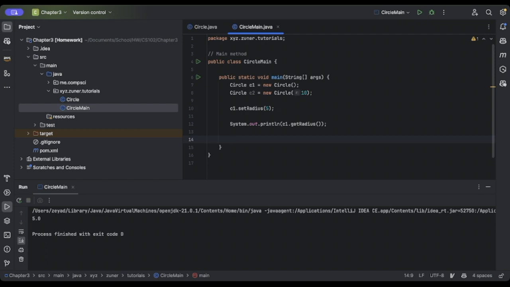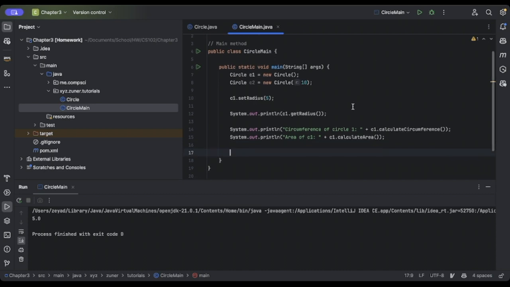Okay, so continuing on, we want to calculate the circumference. So we're going to do sout, or system out, and then we're going to do circumference of circle 1, and then we're going to do C1 dot calculate circumference. Sorry, excuse me. And then we're going to do the same for area. Okay. Now, if you run this,